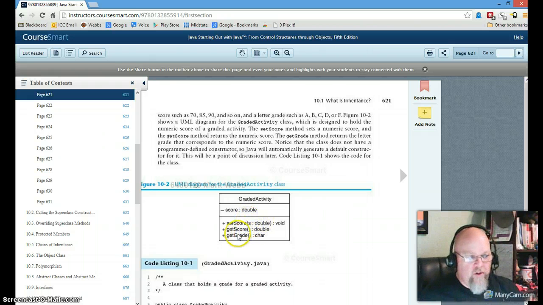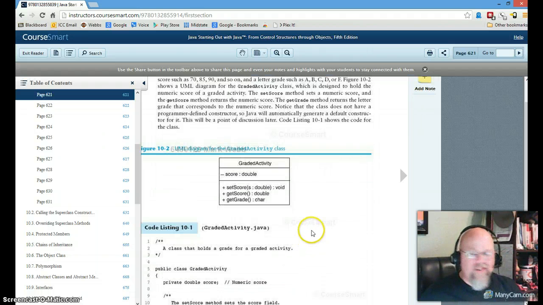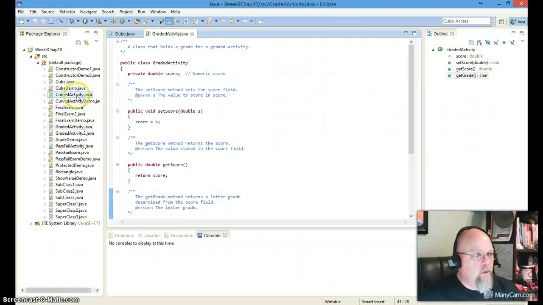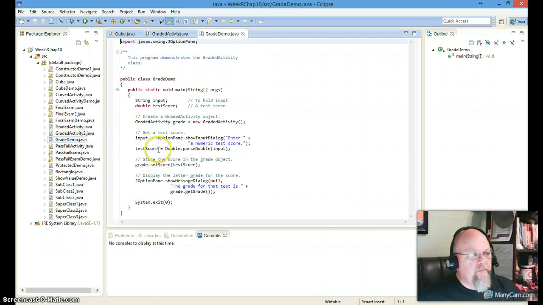We've got get score, set score, and then we have the get grade. Okay, so just a simple class, no big deal right there. So if we go to the grade demo program and we look at grade demo, there we see that we